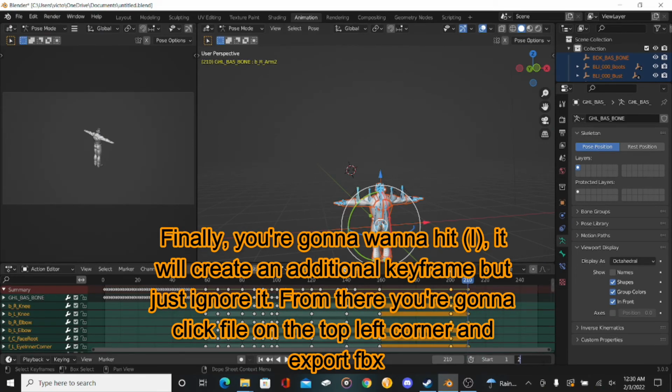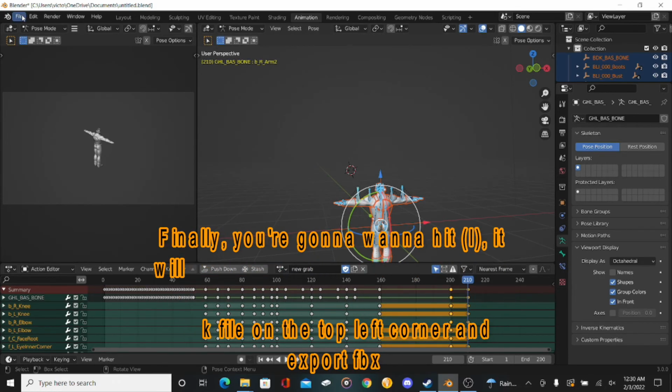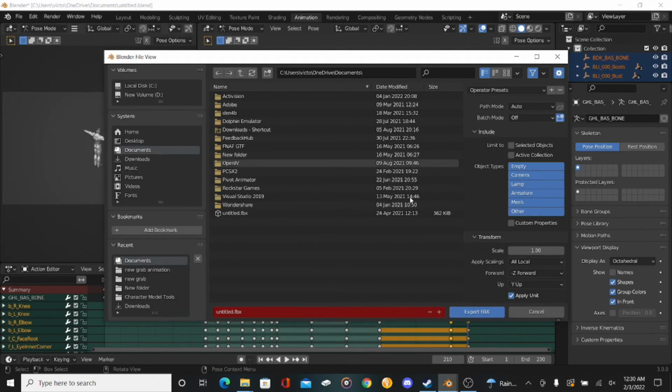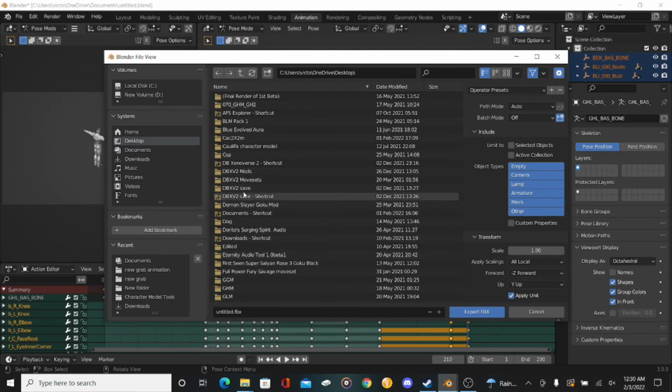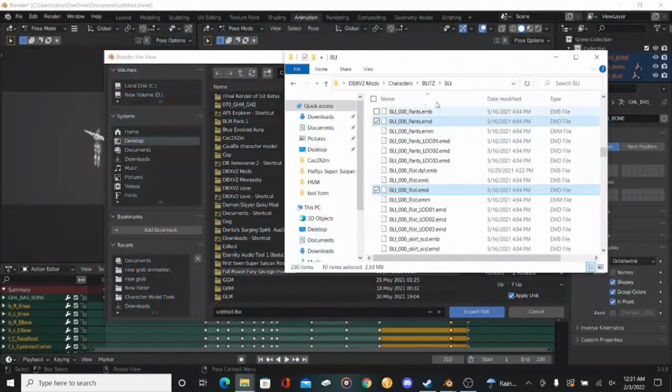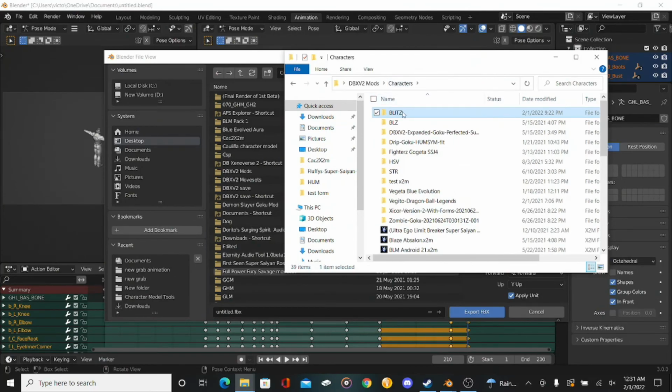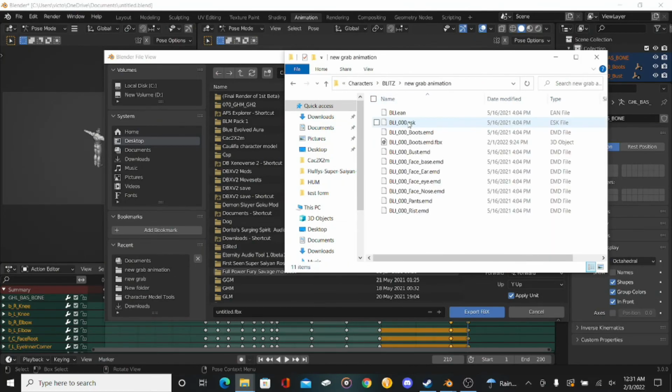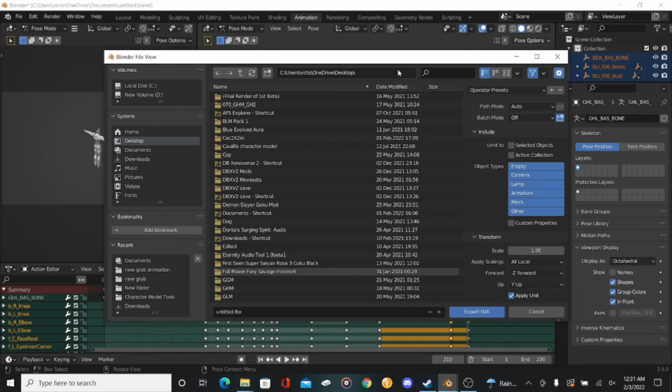What you're going to want to do is hold Alt, and while you're holding Alt, hit G, and then let go of everything on your keyboard. Then hold Alt, and while you're holding Alt, click R, and then let go of your keyboard again. Don't hit both of them at the same time, because that's not what you're supposed to do. But if you did this correctly, it will finally go into a T-pose like it's supposed to.